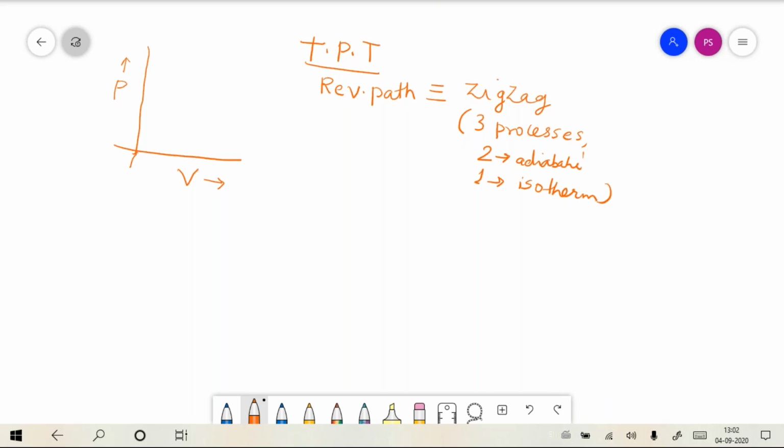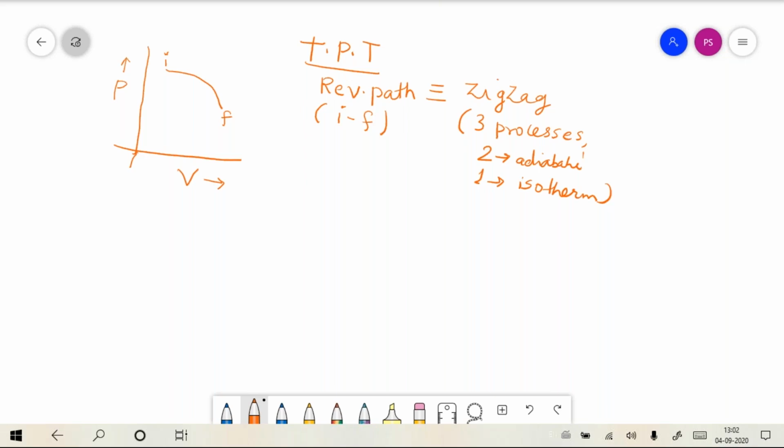Now let us say that this is the reversible path under consideration. Let me call this some initial state I to final state F. So this reversible path is from I to F. Now what I want to prove is that this reversible path can be replaced by